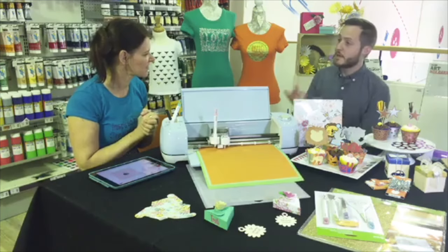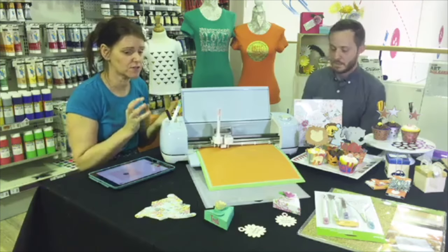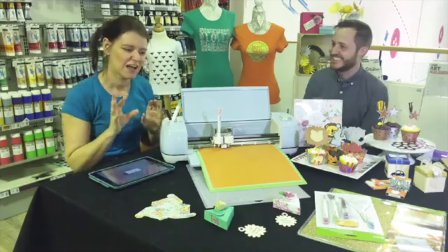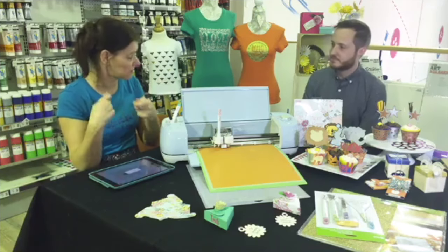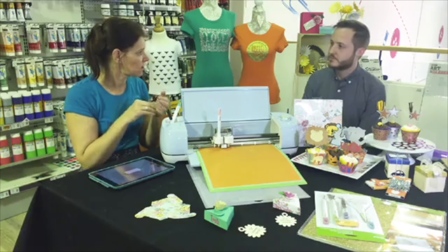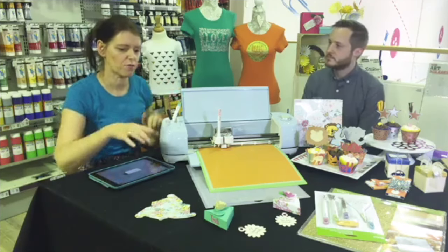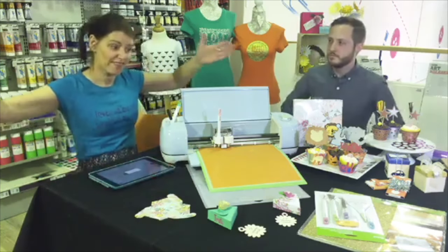Somebody's asked, could they make card toppers with this? So I'm assuming the answer is yes. Absolutely, and any size. That's Fliss Paris there. Oh, hi Fliss. The great thing with digital cutting versus manual die cutting is that you can scale any image in millimetre increments to the size that you require. So if you want to make a box this size, or one this size, or one this size,